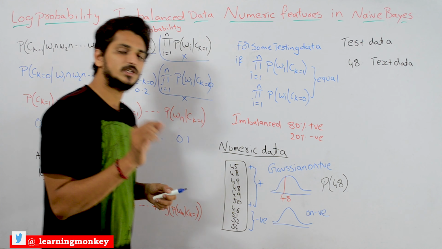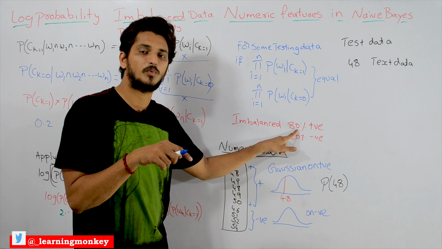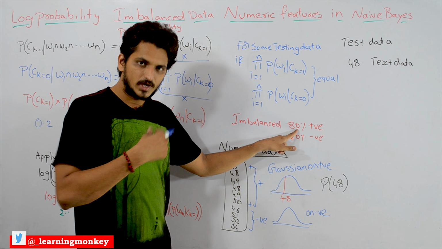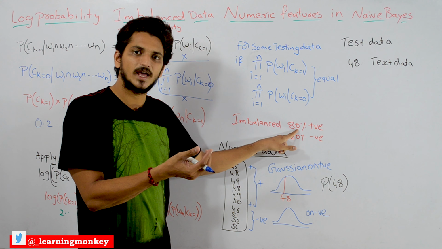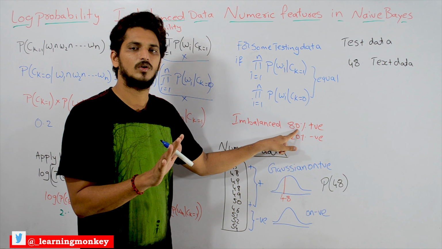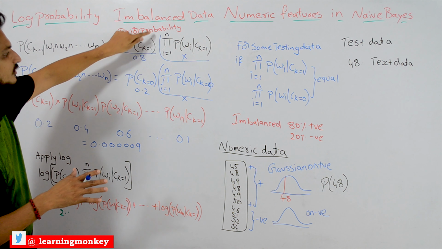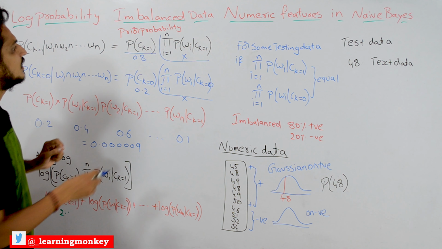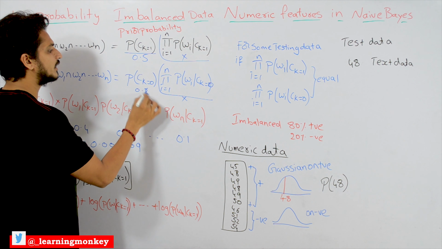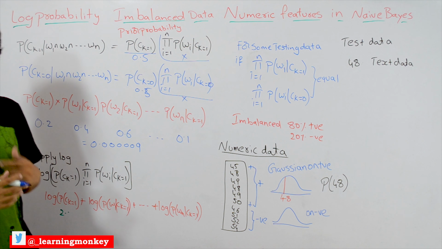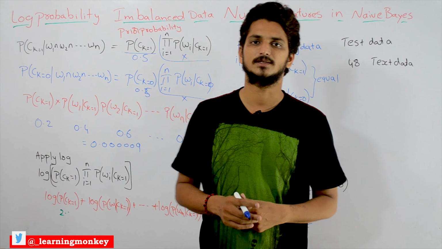This point is very important: we have collected 80% of the positive points. Based on that, can you decide the class of testing data? No. That's the problem with imbalanced data. So when we apply naive Bayes to imbalanced data sets, we have to give the priors equal values, 0.5 and 0.5. How to assign equal values, we will discuss when we discuss the coding part for naive Bayes.